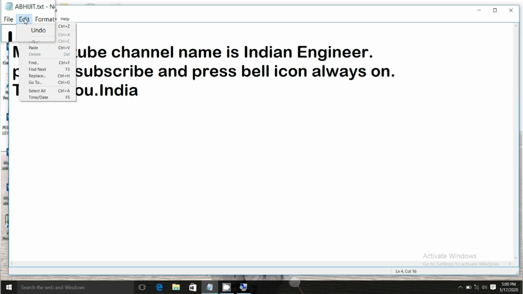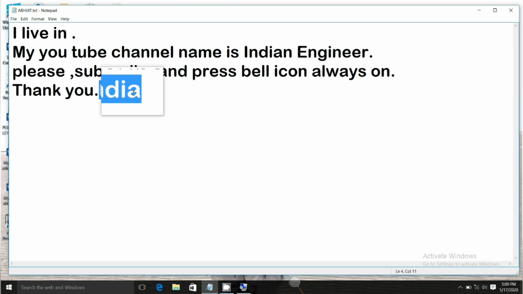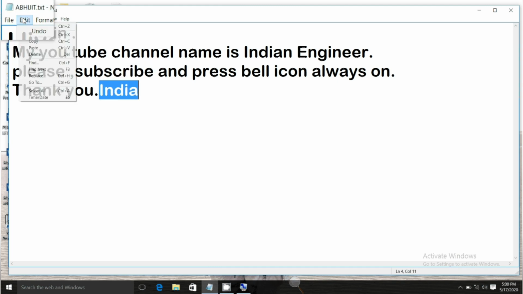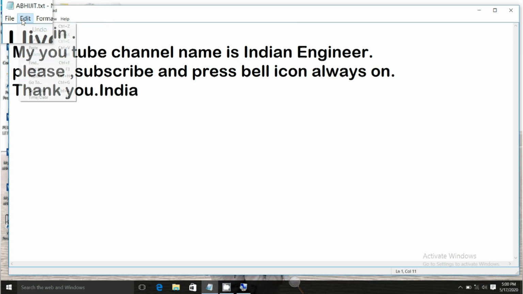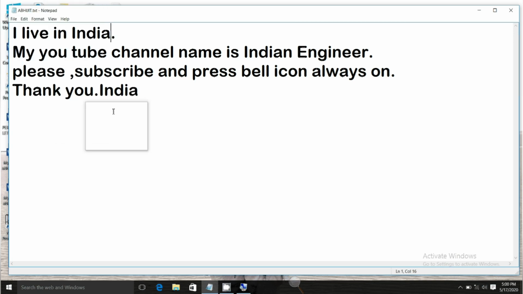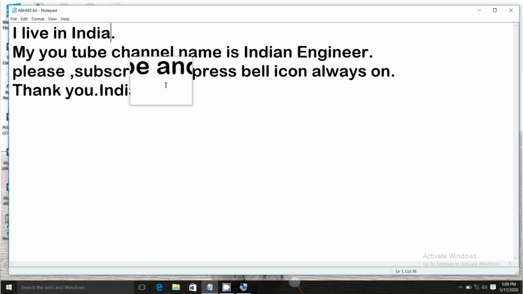Friends, now you can see that if you want to only copy this India file name from here, and if you want to paste it, then you just copy it from here and paste it where you want. Okay, means the copy option. In the copy option there is no cutting or deleting of the word or sentence, and in the cut option there is always cutting or deleting of the sentence, and it is also called the move option.